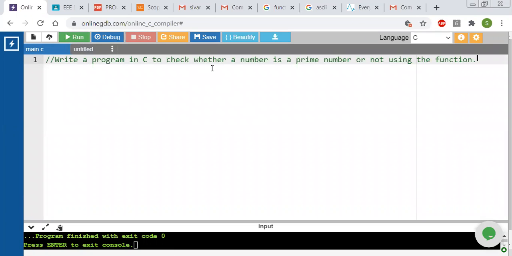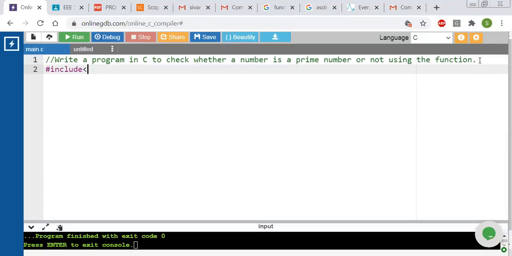So we'll write our next program. What is that program? Check whether the given number is prime or not. Whenever they ask for it with the help of a function, try to implement it without using a function. If we succeed in writing it without using a function, then we can easily convert it into a function. Otherwise, we'll directly write it with the help of a function.